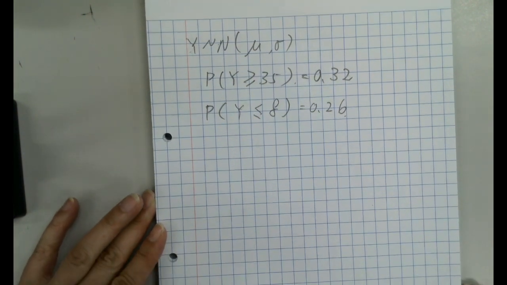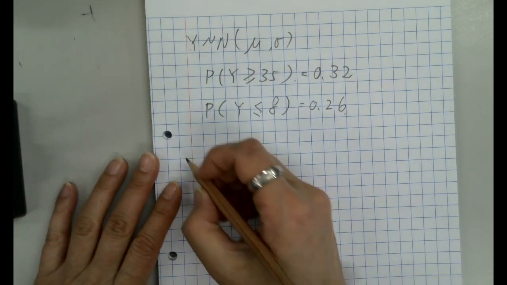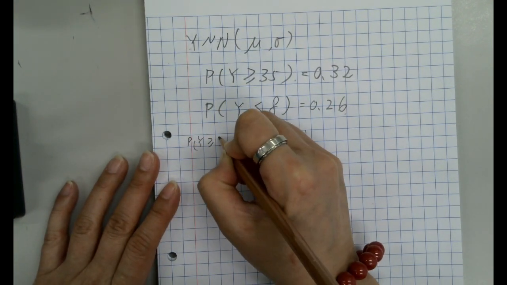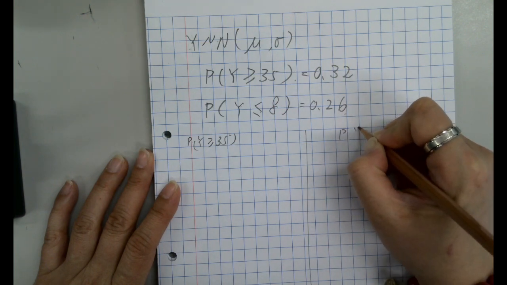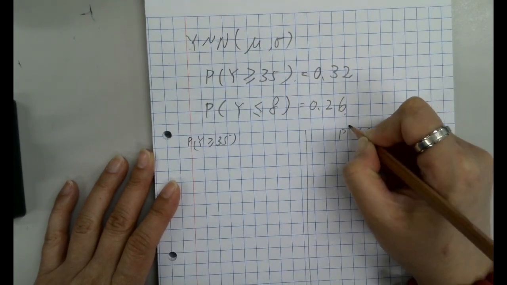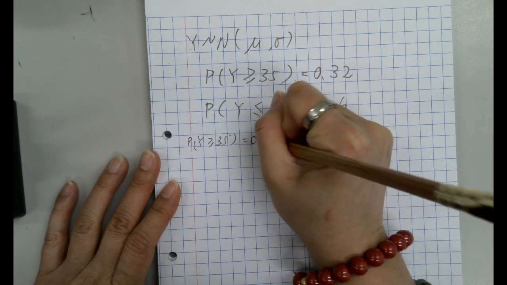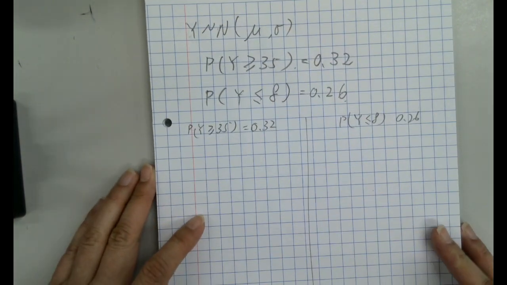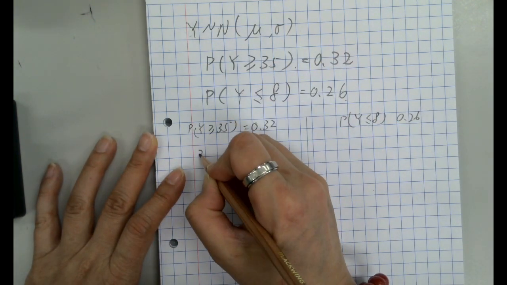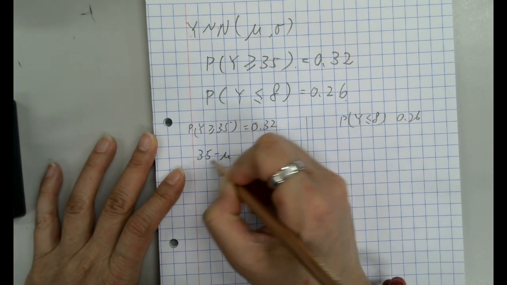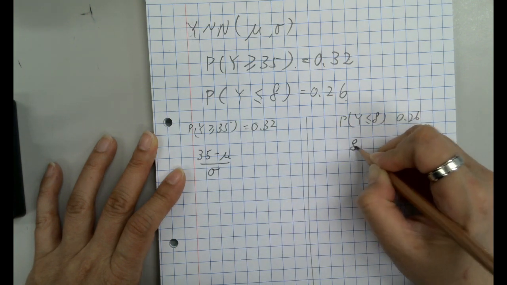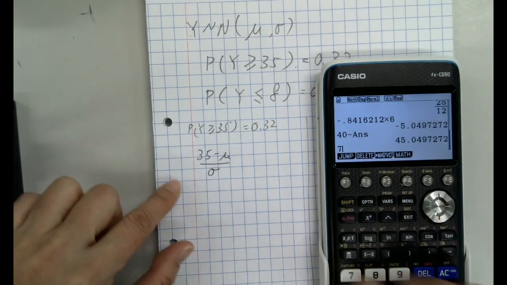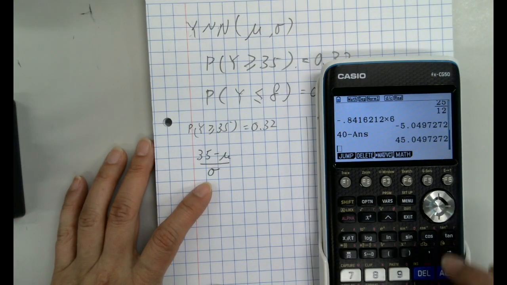But it's fine. We can solve that because we got the Z value with those. So we have to do 2 ways. This is probability of Y bigger than 35. Probability of Y smaller than 8 equals 0.26. Because the picture is the left and right, it's a different side. So same thing, always use the value minus the mean, and they will give you a negative number, don't worry. And we have 8 minus mean over standard deviation. Now we have our Z score, so I'll calculate it on this side first. So 35, mean,